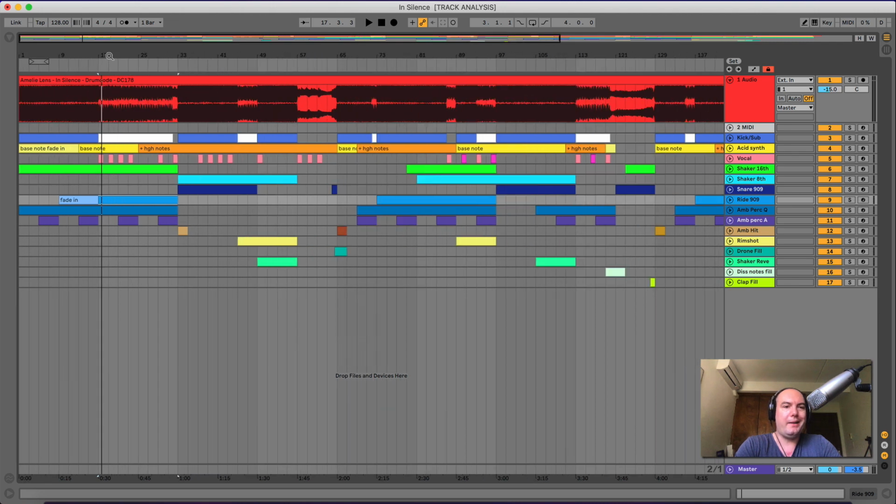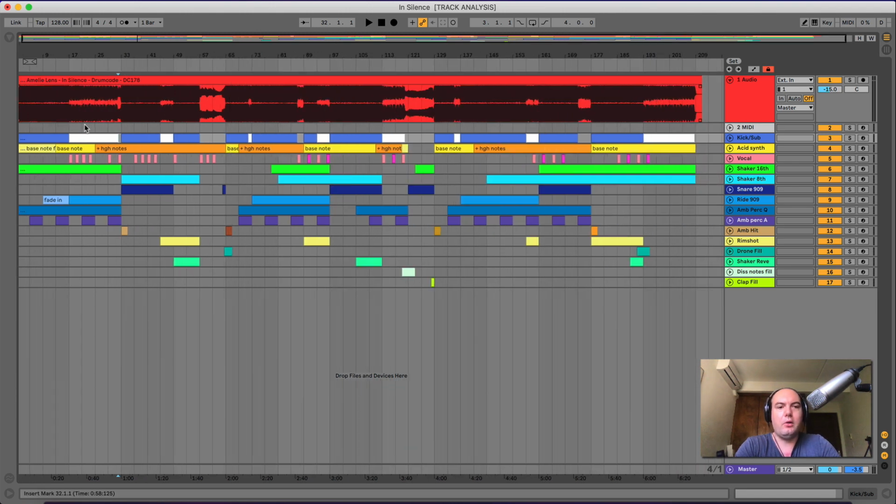Then we come to a breakdown, and what I did here is, if there is a high pass on the kick, I made a white clip, and if there is no kick, no sub, then there's just a space here. And just if you zoom out, look at all of the track here, you can see there is lots of little and bigger breaks going on. And this is a style